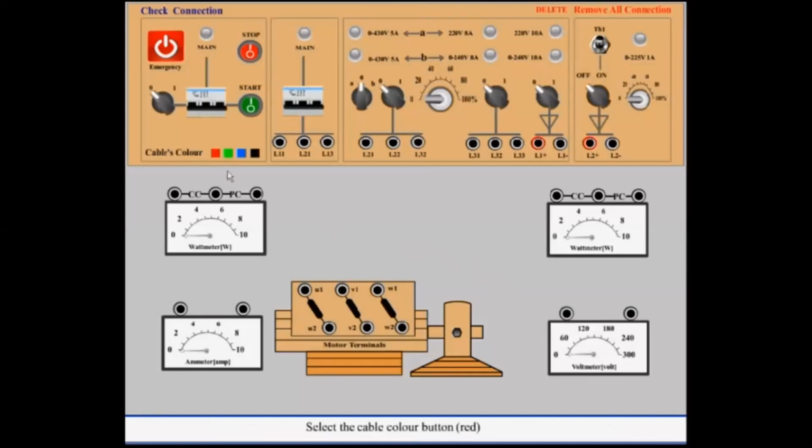Select the cable color red. Connect L1 with CC of the voltmeter on the left side. Connect common point of wattmeter with U1. Select the cable color green. Connect DC potential with V1. Connect L2 with V1.